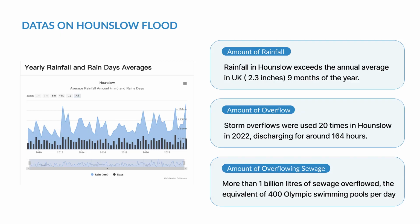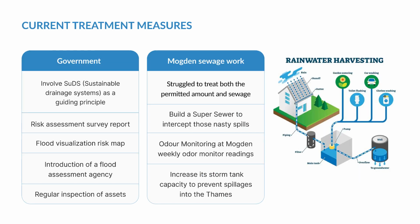Data shows that rainfall in Hounslow exceeded the annual average in the UK in 9 months of the year. Storm overflows were used 20 times in Hounslow in 2022, discharging for around 164 hours, and more than 1 billion liters of sewage overflowed, the equivalent of 400 Olympic swimming pools per day. The depth of the water in the river has been significantly reduced in order to cope with the increased risk